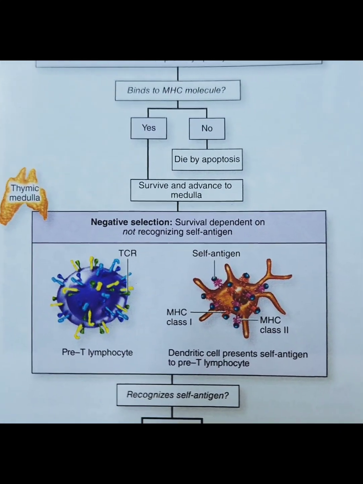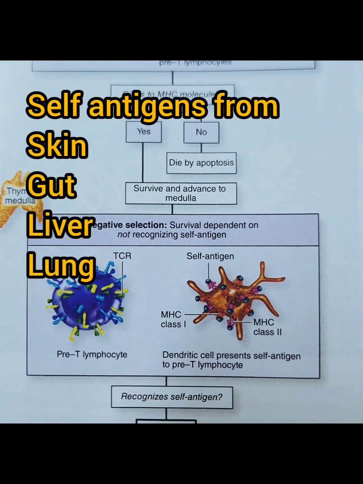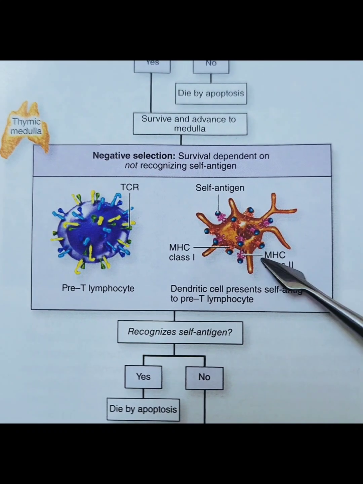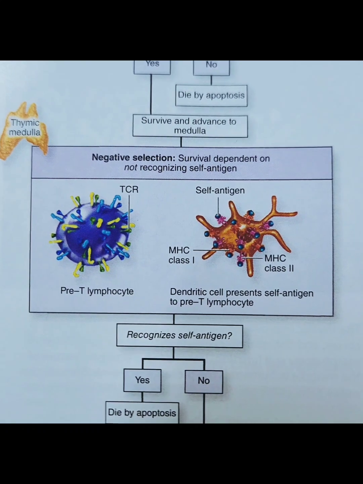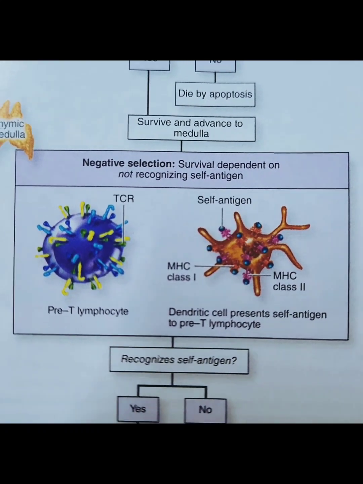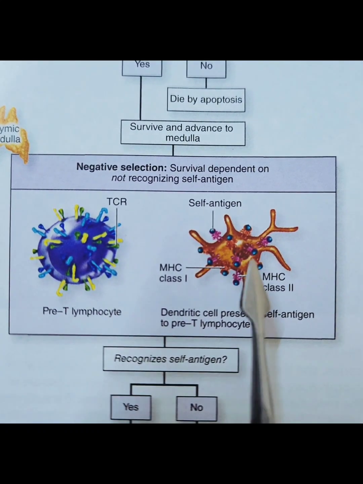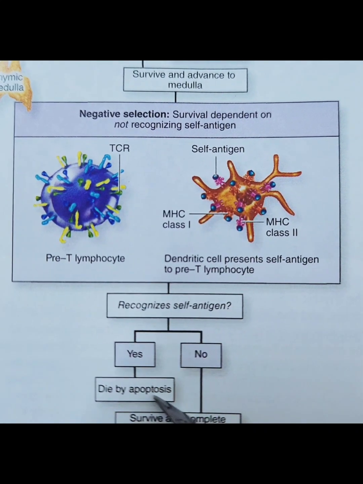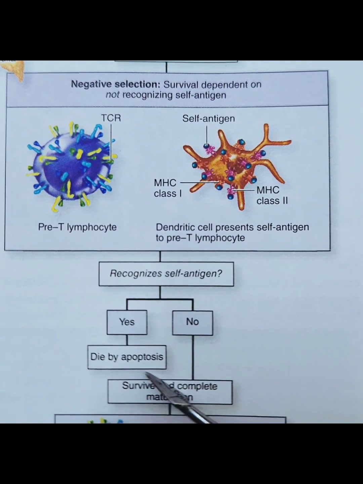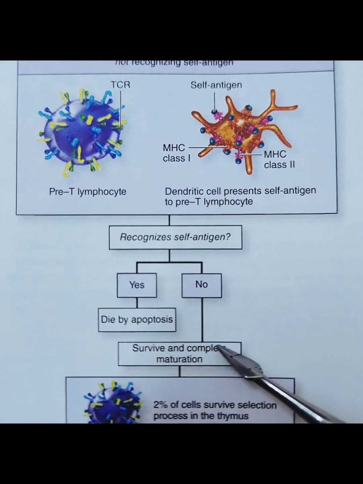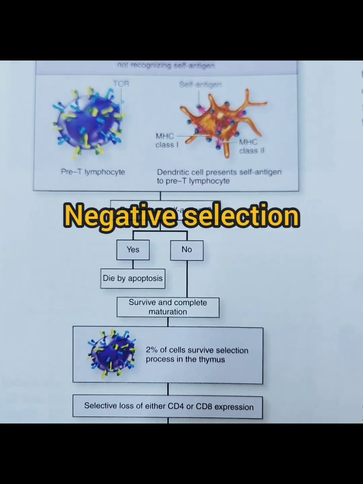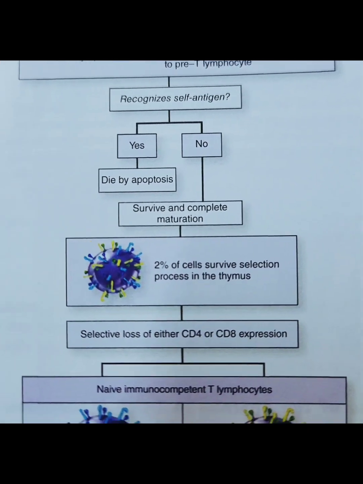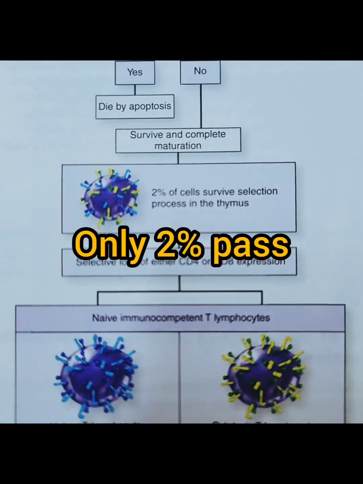Here, our own body proteins and their antigens are represented by reticuloepithelial cells as well as dendritic cells to these maturing T cells. Here, nature expects them not to bind to our own self antigens. If they bind, they are going for programmed cell death by macrophages. If they don't, they are taken in. This is called negative selection. Like this, positive and negative selection happen in cortex and medulla respectively, and the passing percentage of T cells is only